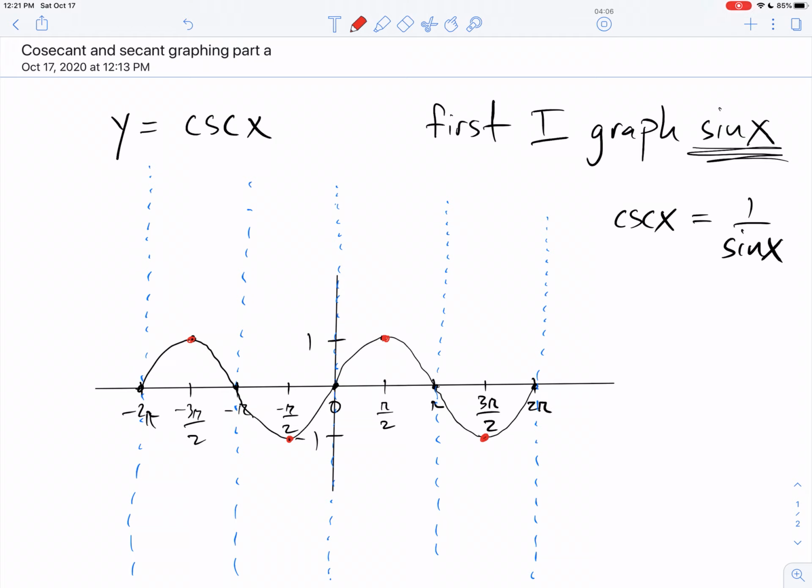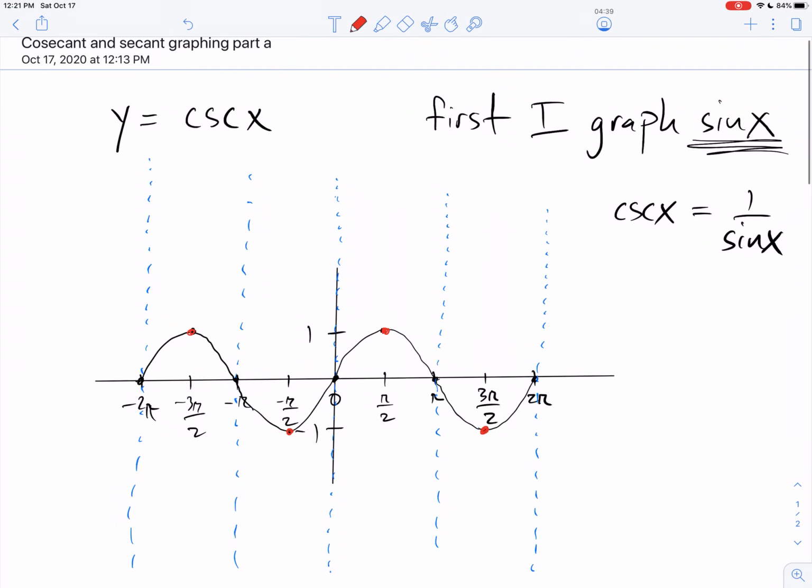Check this out. Cosecant is the reciprocal. So where sine is going down, cosecant is going up. Where sine is going up, cosecant's going down. I said it. I haven't drawn it yet. Just bear with me. I'm going to start on the far right, and then I'm going to go towards the left. But where sine is going up, cosecant's going down. Oh man, that's supposed to be